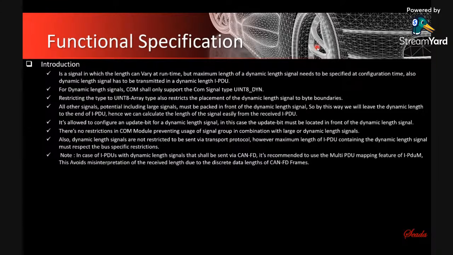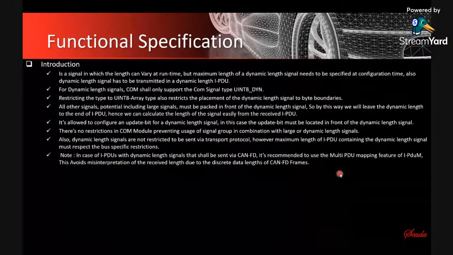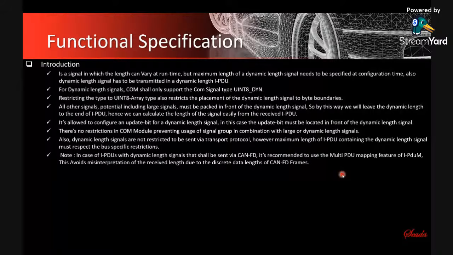Because if I didn't do this, then the COM shall understand and take values or data which is not needed, since we have byte 1 signal, and we have byte 2 and byte 3. This is the maximum length of dynamic length, and we have then byte 4 signal. He will have to take the whole 2 bytes, and this is not good for us. It's going to be a waste of time, and we will take more data than what you need. That's why we always put the dynamic length signal at the end of the I-PDU,